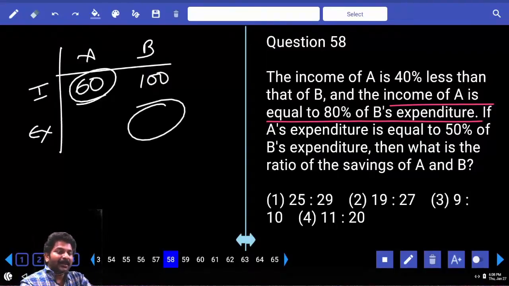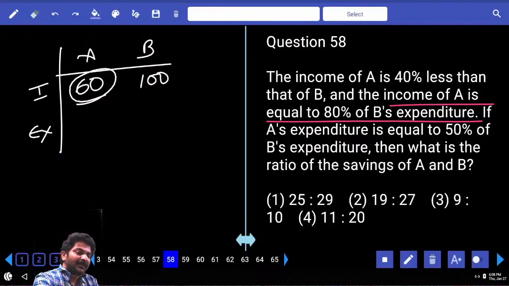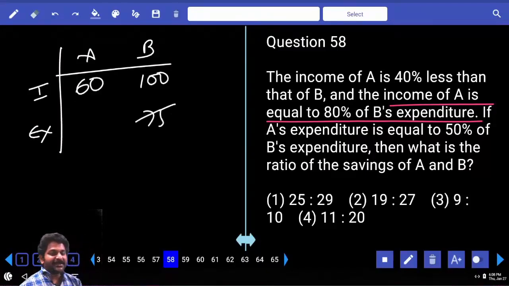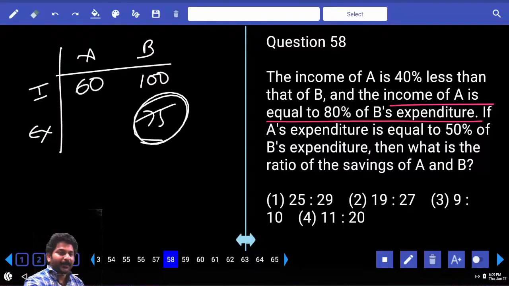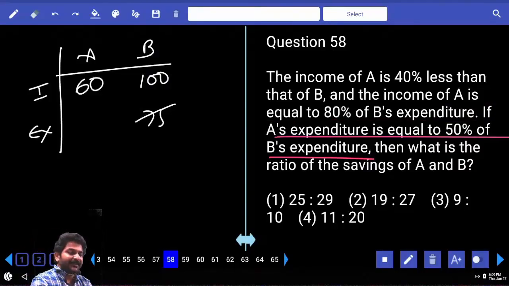Come on, that means these two numbers must be in the ratio 4:5 only. 80, 100, 4:5 ratio. 4 parts is equal to 60, then 1 part is 15, 5 parts is 75. So B's expenditure is 75. Then only 80% of this will become 60. Clear? Next, A's expenditure is equal to 50% of B's expenditure, right? 50% of 75,